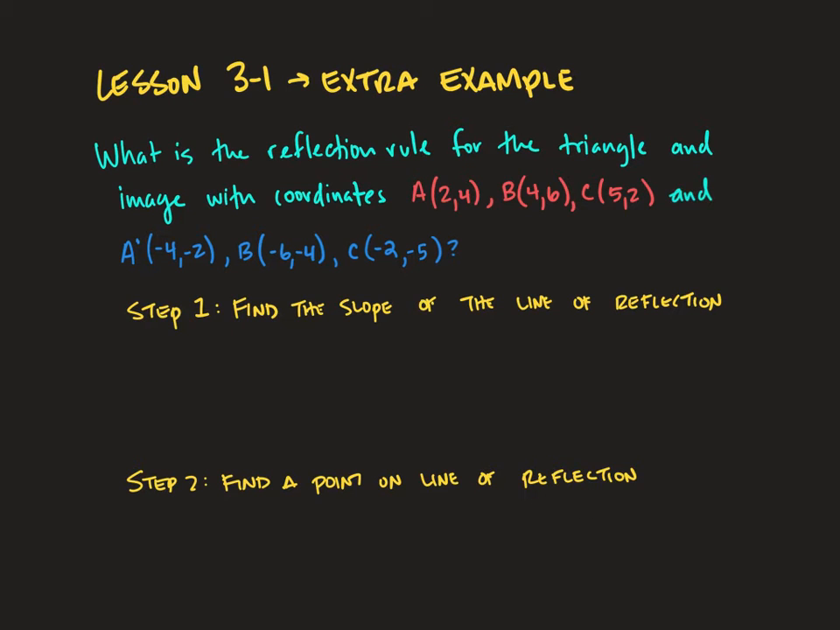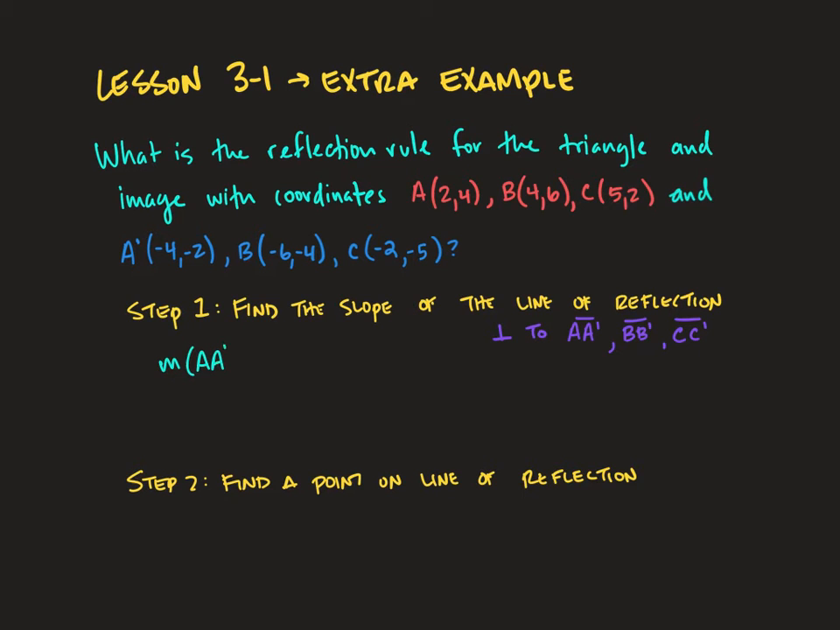Now, fortunately for us, this isn't actually too bad, because what we can remember is that our line of reflection is perpendicular to all the segments connecting points to their image. So it's perpendicular to segment AA prime, it's perpendicular to segment BB prime, it's perpendicular to segment CC prime, right? So if we can find the slope of any of these segments, we can use what we know about slopes of perpendicular lines to find the slope of the line of reflection. So let's look at finding the slope of